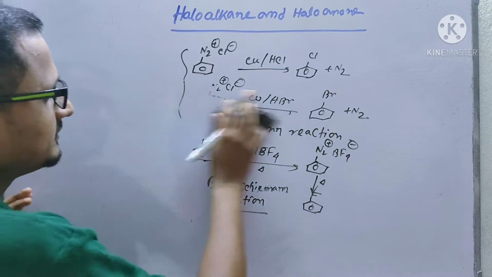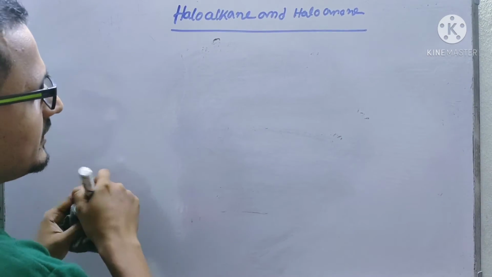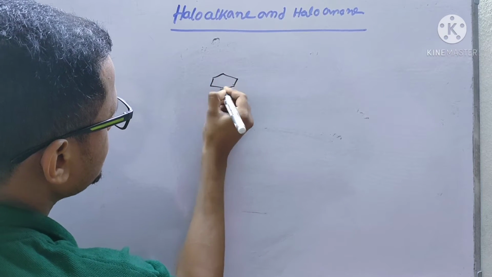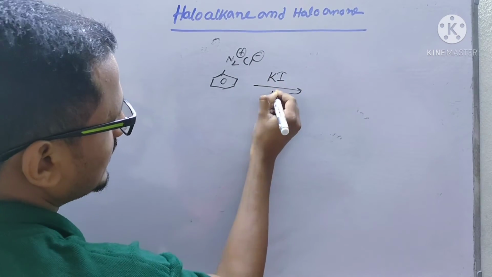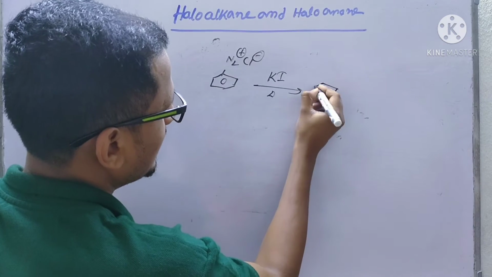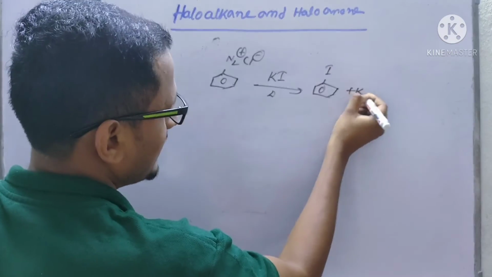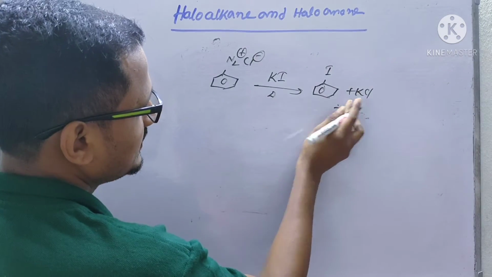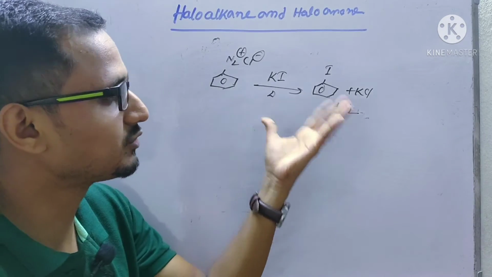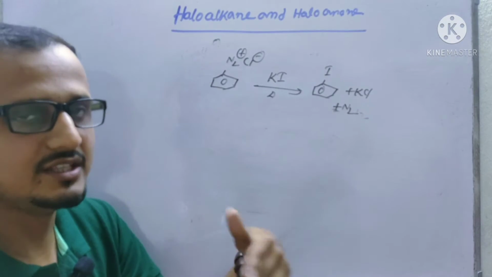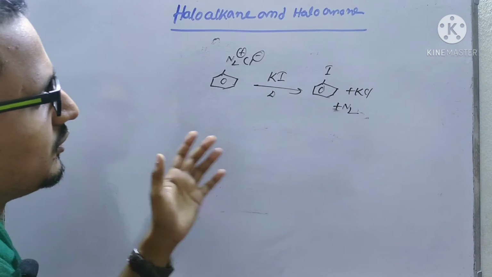Now listen here. You can form iodobenzene also. Now how will you prepare it? You have to treat this benzene diazonium chloride with KI, and you have to heat the solution so that you will get iodobenzene. With that you will get KCl, and I2 you will get also, and N2 you will get. So this is the method for formation of chlorobenzene, bromobenzene, iodobenzene, and fluorobenzene, and these all are very important. Now I think you have all understood.